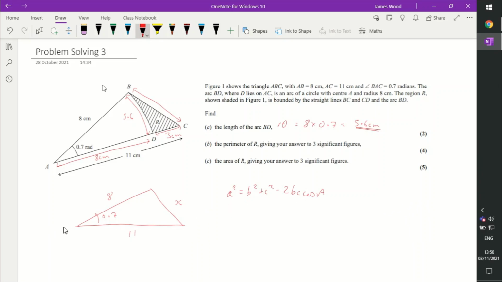In terms of labeling it, I'm going to make this A because I've got to do with angle A. So X is going to be side A. The other two don't matter quite so much, but I'm going to do 11 as B and 8 as C. So I've now got X squared is 11 squared plus 8 squared minus 2 times 11 times 8 times cos 0.7. Now I'm just going to solve this equation to find out what X is. And when I do that, just using my calculator, I get 7.098